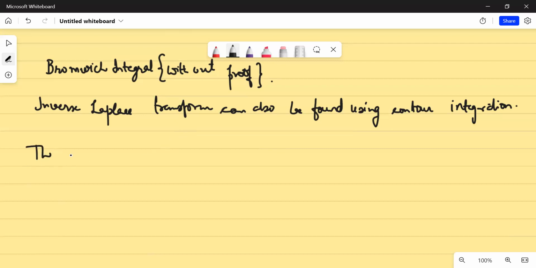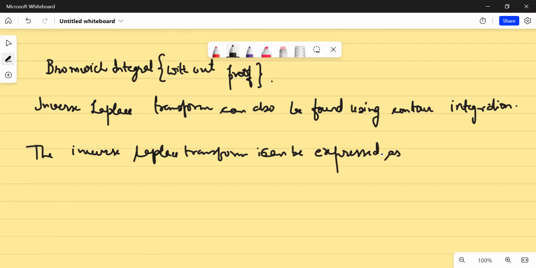The inverse Laplace transform can be expressed as the contour integral